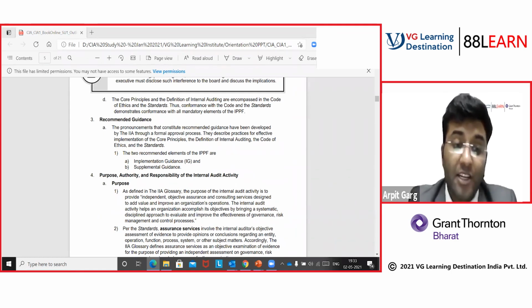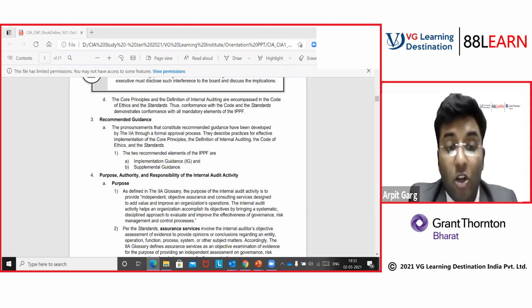So when we are drafting the internal audit charter, will the implementation standard apply? That's Himanshu's question. So Himanshu, I'll tell you, the internal audit charter is part of the attribute standard. The implementation standard will give further guidance on how the internal audit charter can be prepared. Does it make sense? Okay, great.